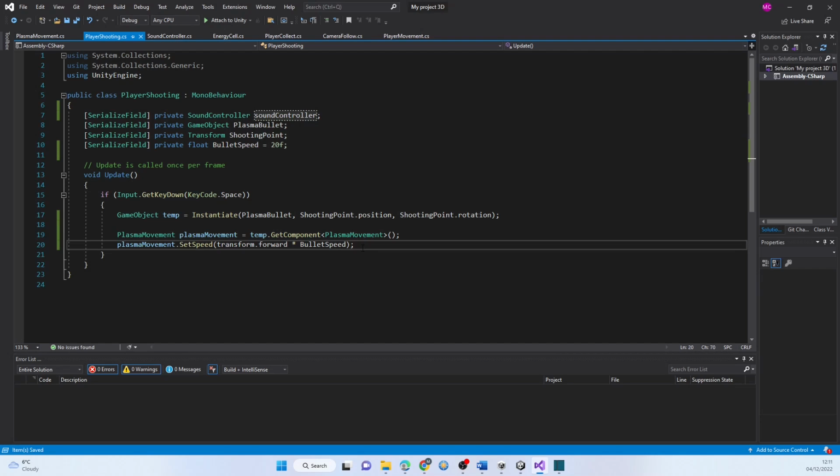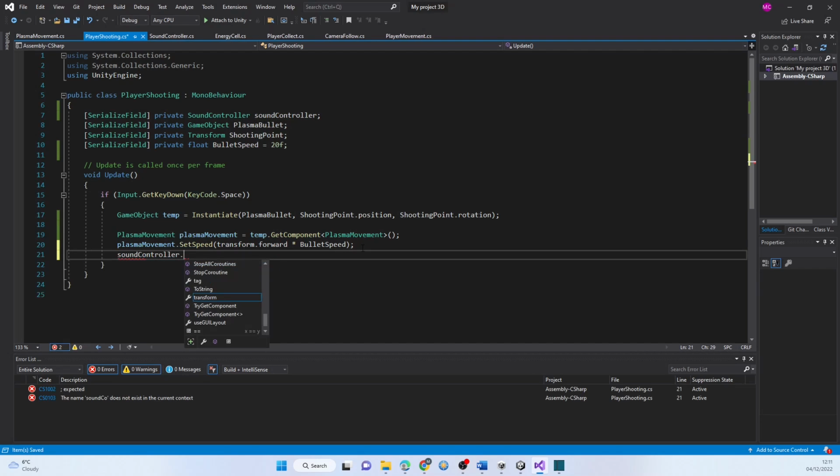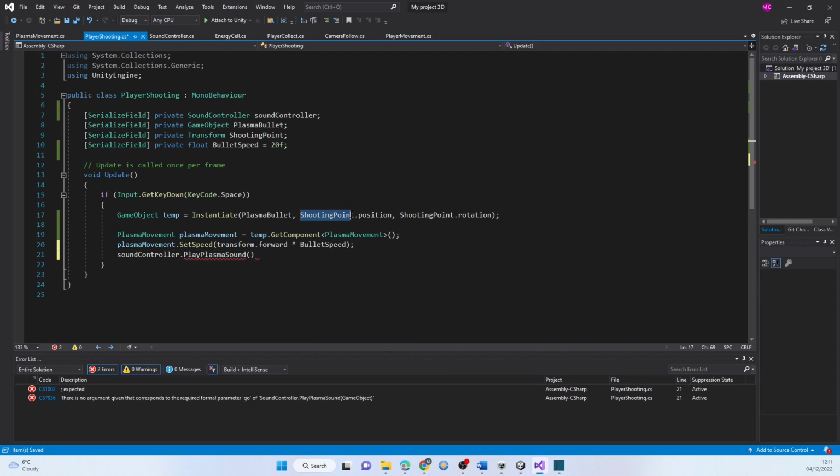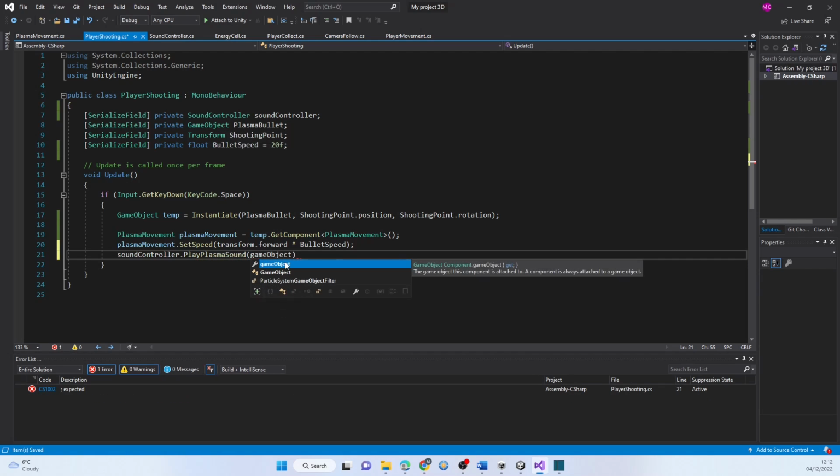And then we do soundController.Play plasma sound, and it is shooting. Oh, does this take a game object? This takes a game object. So actually, I mean, we could play it at us because it isn't really going to make a difference here. We'll just do a game object,